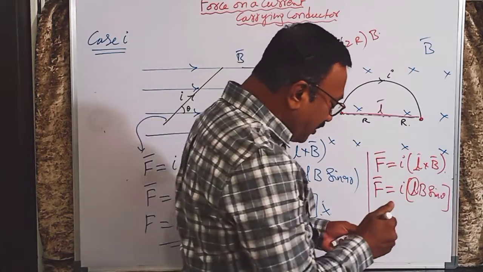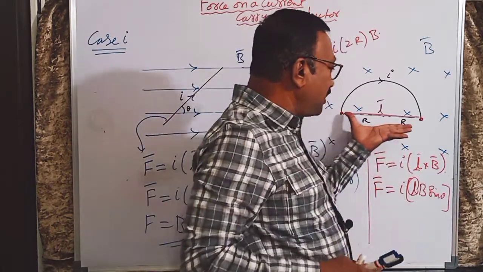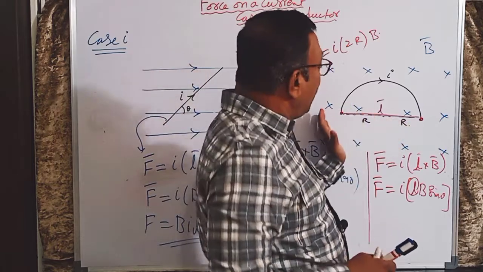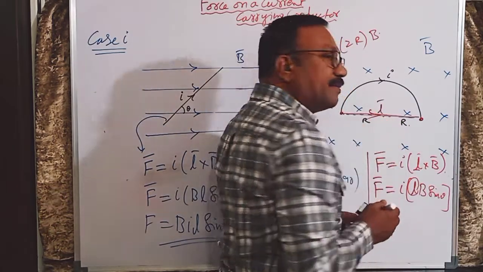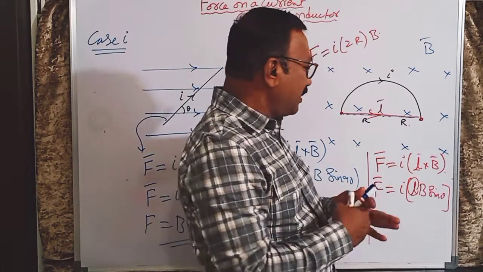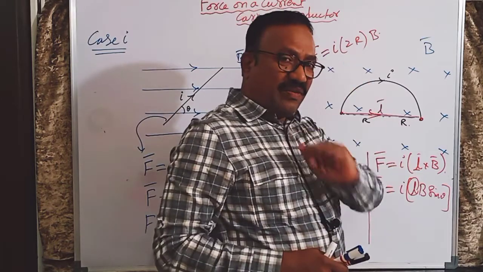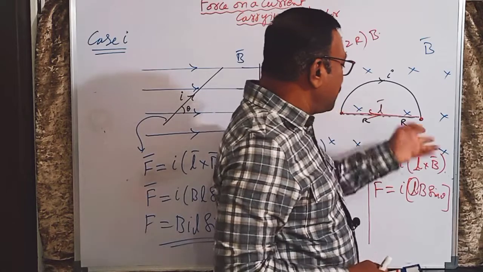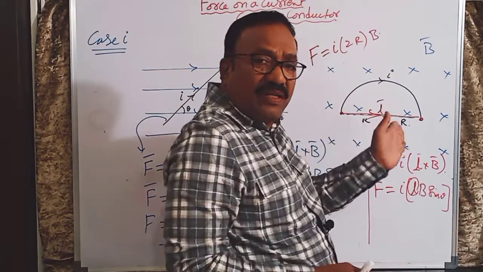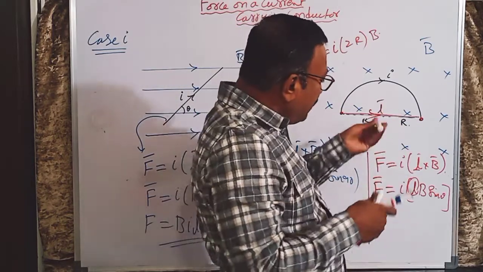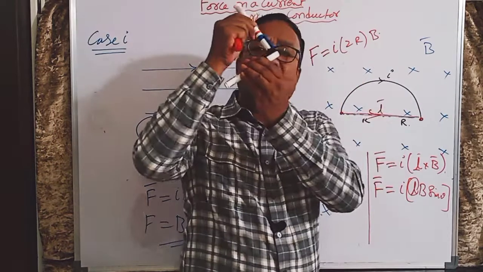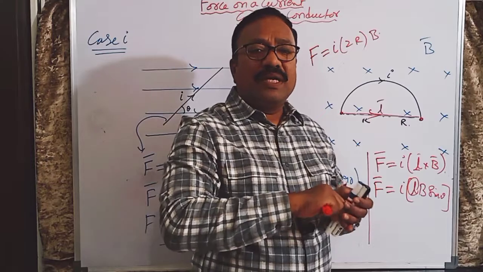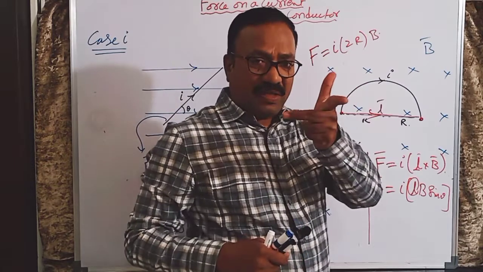Now where is this imaginary conductor? See, this is an imaginary conductor. So current is flowing like this, so you can take an imaginary current like this. There is no conductor, but even then you can take it like this. So apply Fleming's left hand rule now, because this conductor is perpendicular to the magnetic field. Magnetic field is inward, and L bar is like this. How are these two? Perpendicular. So I can apply Fleming's left hand rule for the direction of force.